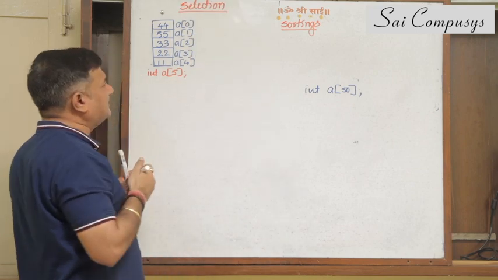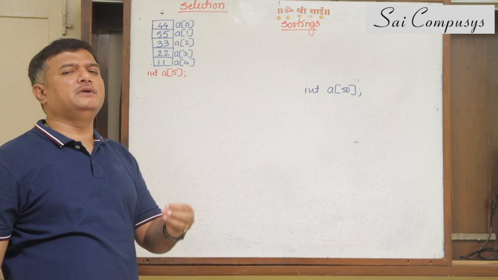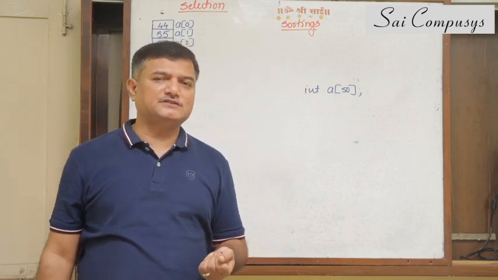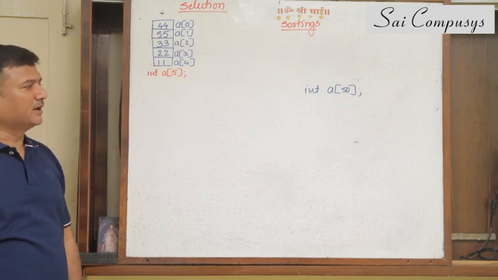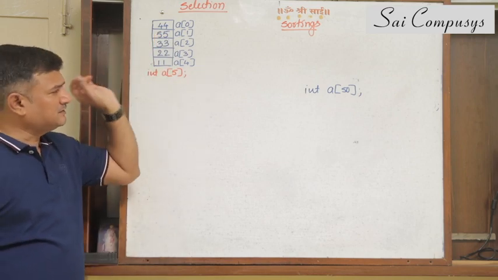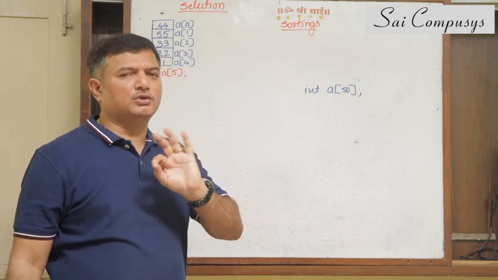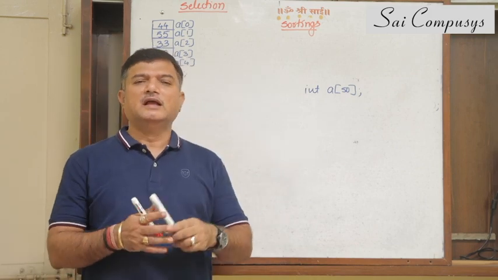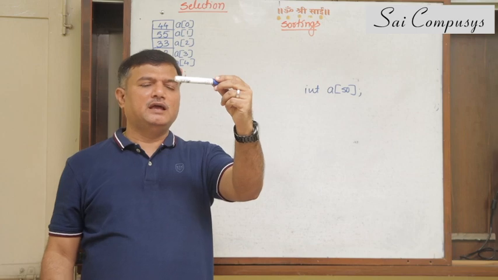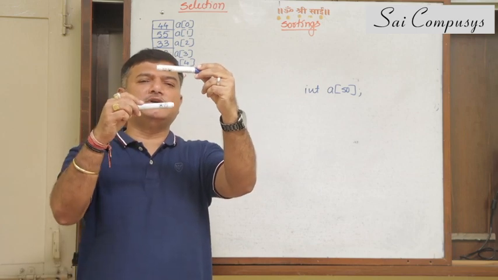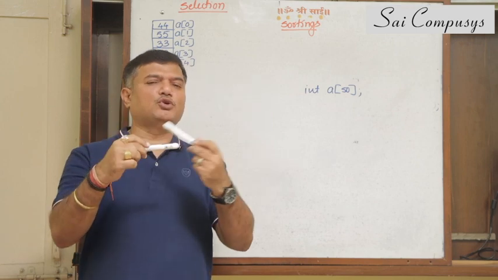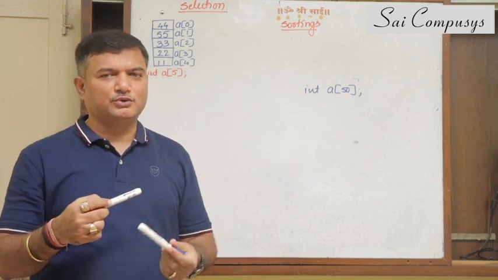The easiest and most commonly used sorting technique, at least in the initial stages, is the selection sort technique. Now just remember the method. Don't bother about the program, just remember the method. The method is very simple. Select one element and compare it with all elements below it. If greater, interchange them. I am talking about ascending order arrangement, okay?